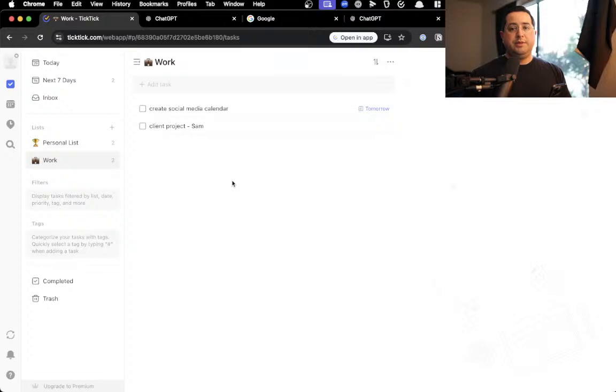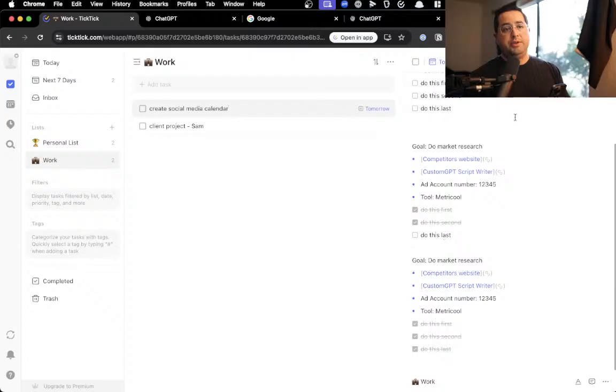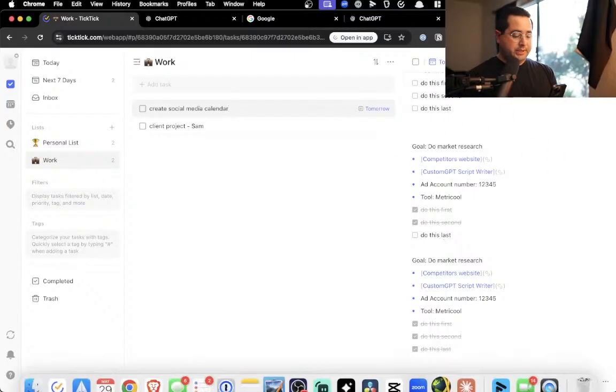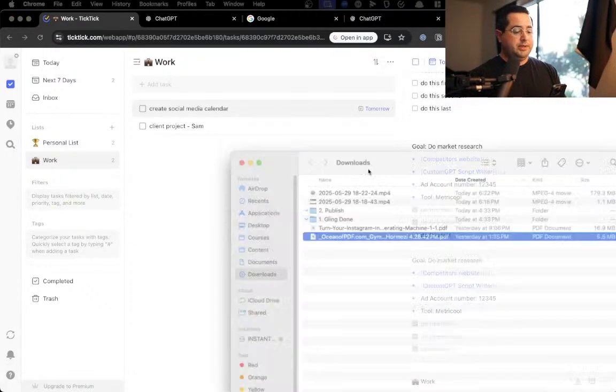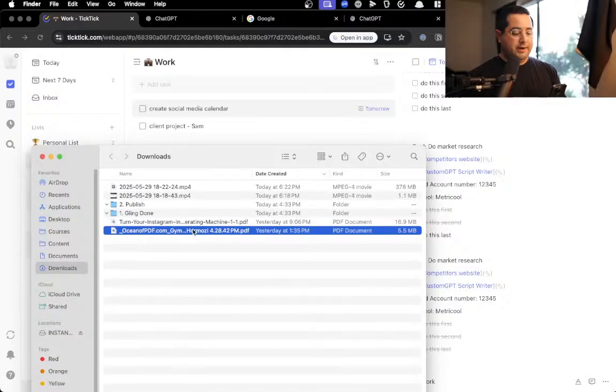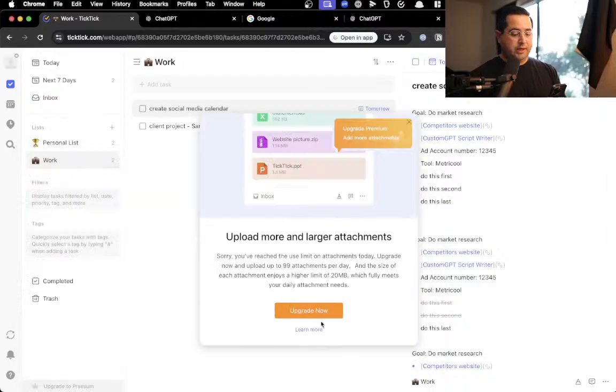So now that you took some time to actually brain dump everything that you need to get done for your personal tasks and your work tasks, and you've also added all the details. By the way, you can also drag and drop any files in the task list as well too. For example, I have a PDF file on my computer. I could just drag and drop that file right onto the list right here. And when I let go,